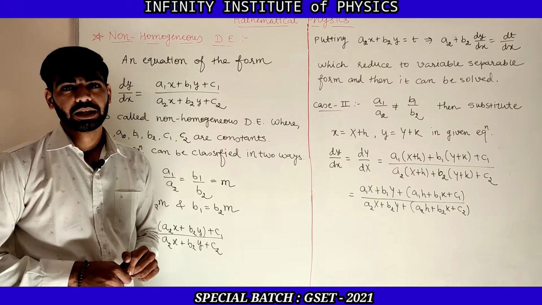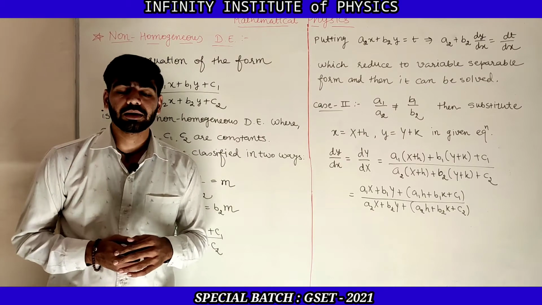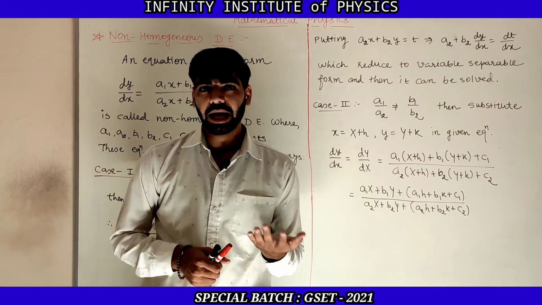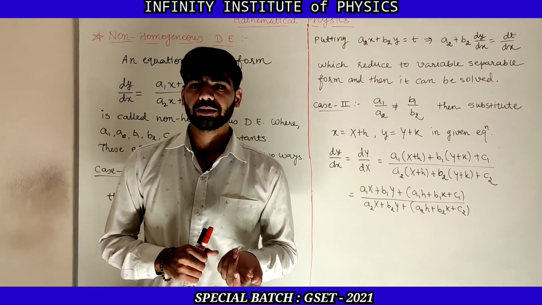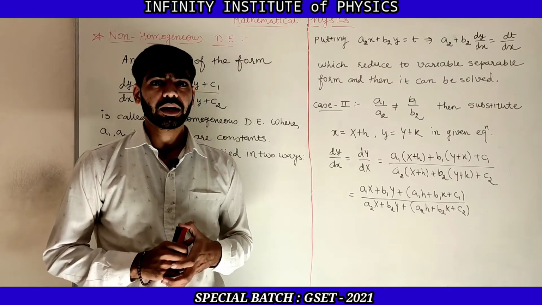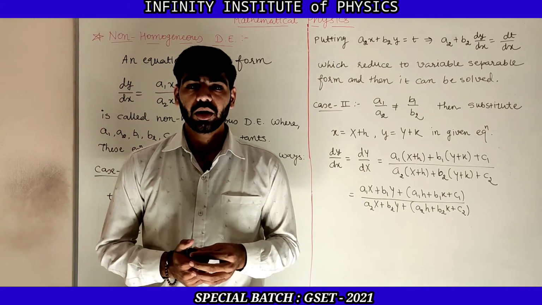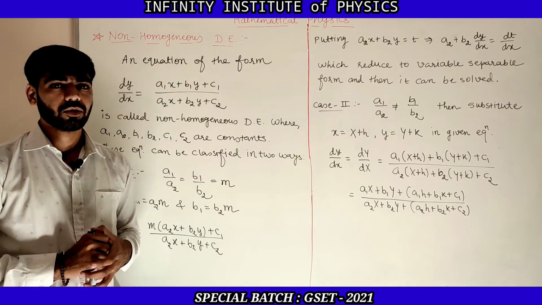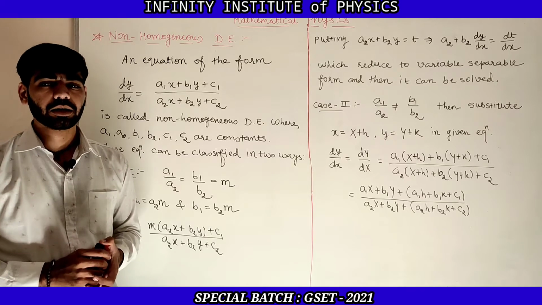What we mean by non-homogeneous, I already told you: the differential equation dy by dx is equal to m by n, in which m and n both are non-homogeneous, or one of them is non-homogeneous, then it is said to be a non-homogeneous differential equation. But again I am repeating, not every non-homogeneous differential equation can we solve. So there is a particular case of non-homogeneous differential equation which we are going to solve to find out the solution.